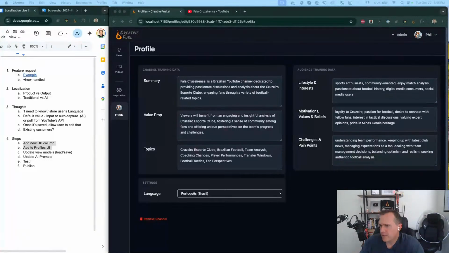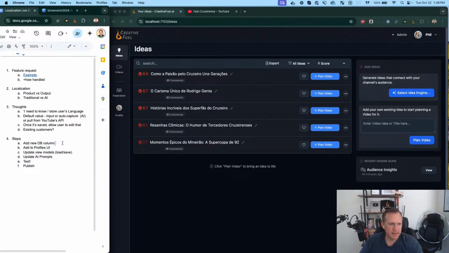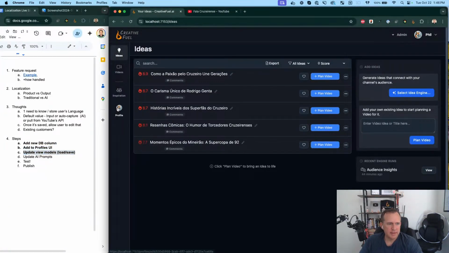One thing I noticed, it does take like a split second for it to get set. So I don't know, I could like hide it. Let me just see what it looks like again. Yeah, I don't know. You can barely notice. Okay. Okay, so we finished this. We added it to the database. We did the view models for loading and saving it.